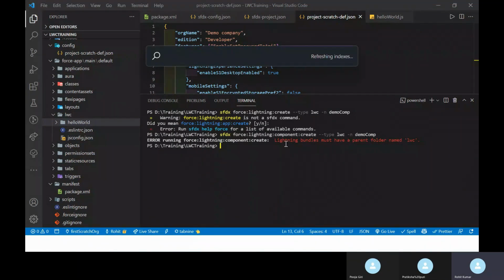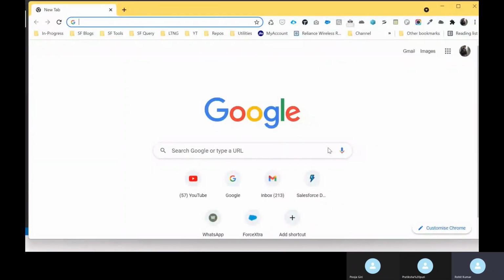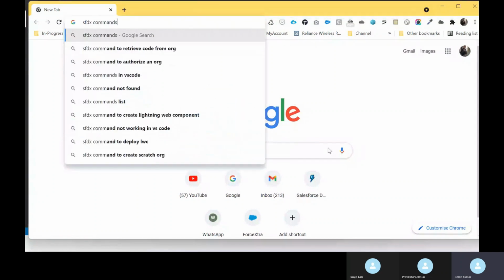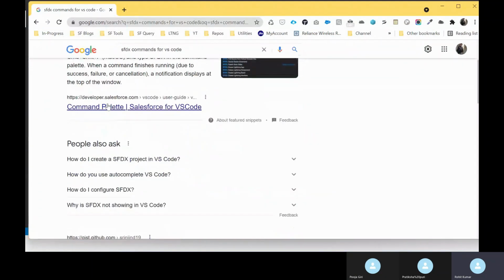Once you face this kind of problem, always remember to go to the developer website in Salesforce. So let me google this and search for sfdx commands for VS Code. Once you search, here you can see the first link.